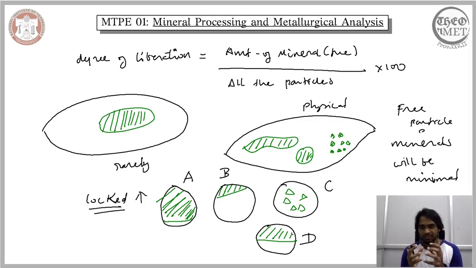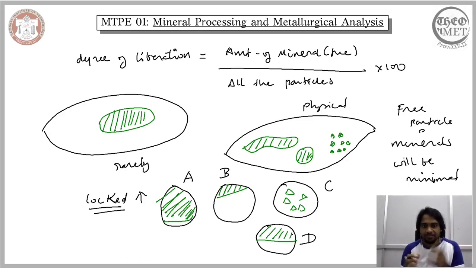In the physical condition, the larger portion of the fragments that you get will be of the locked form. In the theoretical condition, we consider just one form of the locked particles, but in the physical case you have different forms of the locked particles,